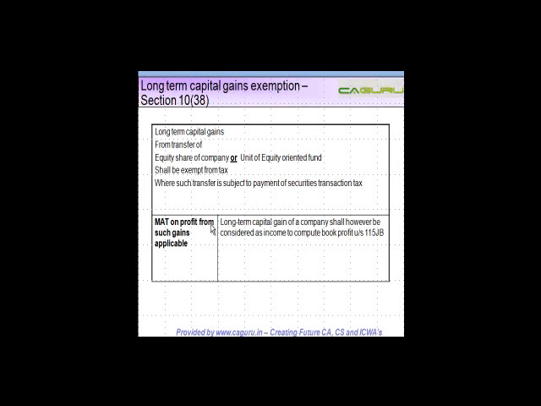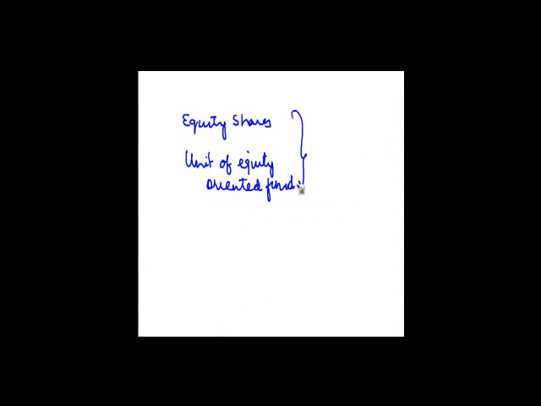Long-term capital gains exemption. Now we understood the meaning of a long-term capital gain and the meaning of a short-term capital gain, right? Now in case of certain long-term capital gains which arise namely from equity shares or a unit of equity oriented fund, what happens is that the government wants to encourage purchase and sale of shares of listed companies,